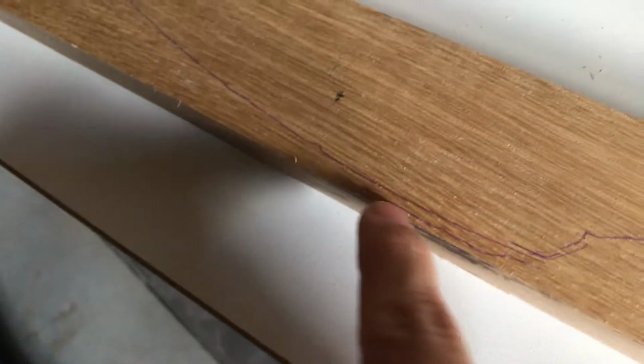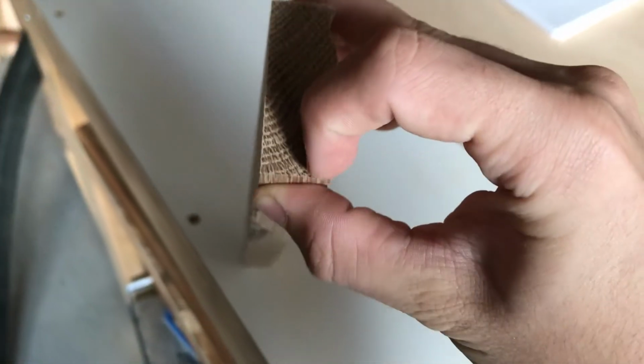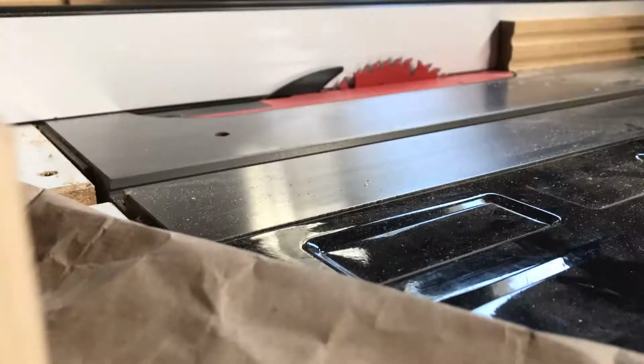Got the knife cut down to rough size. It's a little bit outside the line. Now what I'm gonna do is resaw it, which is to bring down the thickness a little bit, because this is too